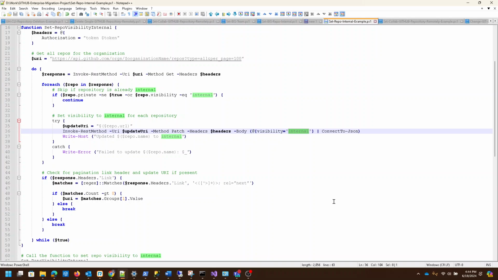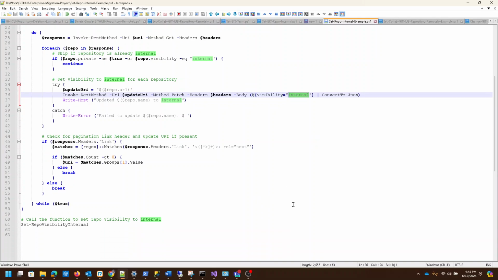But I needed a quick way. Instead of going into each repo, I had over 100. And instead of going to each repo and setting the visibility per repo, this is a whole lot easier. Just go ahead and run this script, tell it the organization name, and just let the script set all to internal, because all the people in my group are developers and they're going to be making changes to the code and they had to have access. So that's why I created a script. I wanted to share this in case somebody else has the same situation